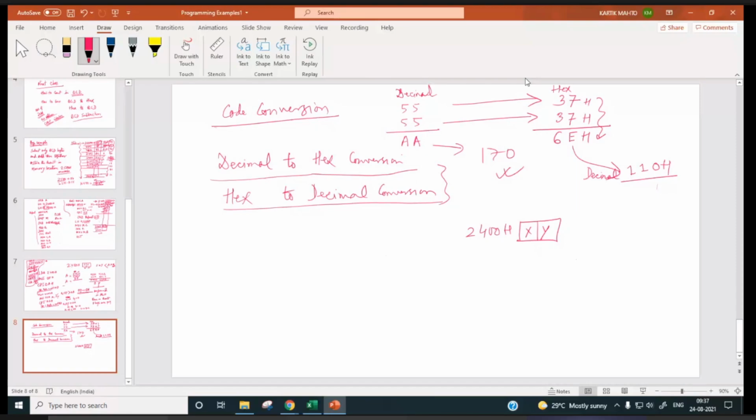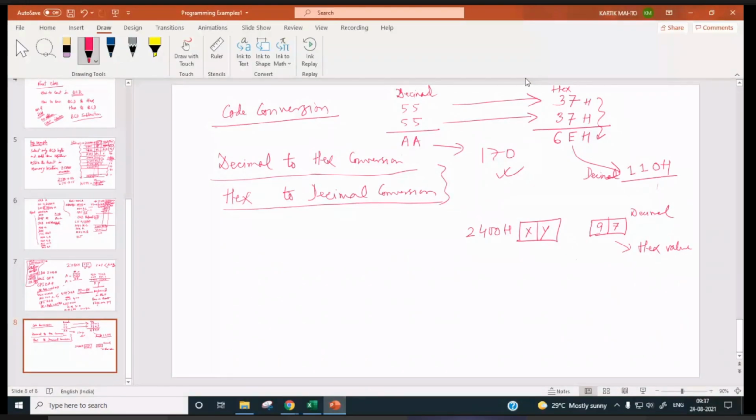This is X, this is Y. Suppose here we have 97 as the decimal number, and we have to convert it to corresponding hex. How we will convert this one to corresponding hex value? Divide by 16, right?